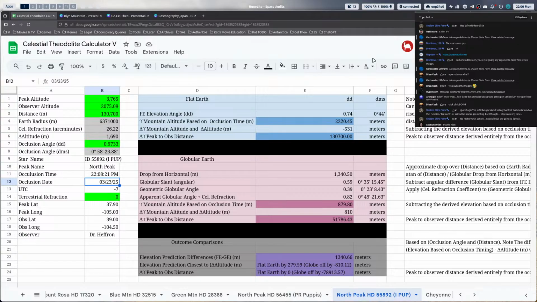And all we need to know is what time that is. Because when we look at what time that was, we can reference the true position of the star. And when we do that, it's at the angle of the peak. So we can draw the implication that the physical intersection happened at this time, which corresponds to the time that we saw it. Angularly, obviously it's a different angle, but geometrically, based on the occlusion using the true position, we can derive everything about our location and approximate the elevation of the mountain.